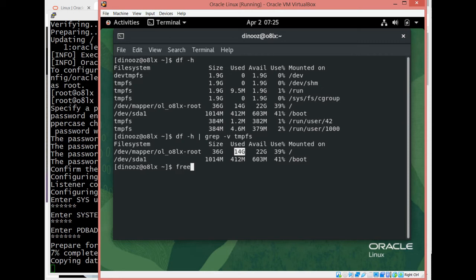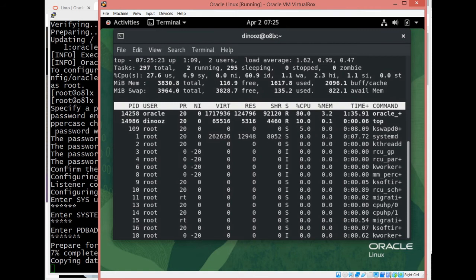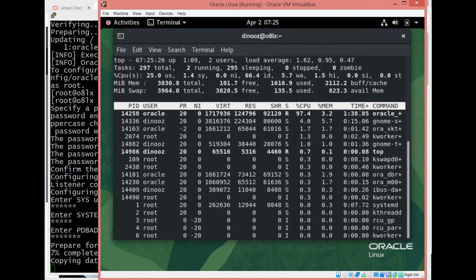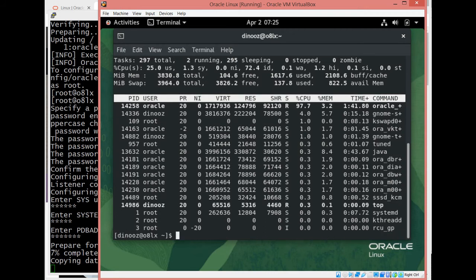Right now, how is consumption? Memory, 1.6 gigs out of 3,000. So it's getting busy for sure. What's on top is Oracle. Oracle is taking the majority of the CPU resources right now while working. Okay,